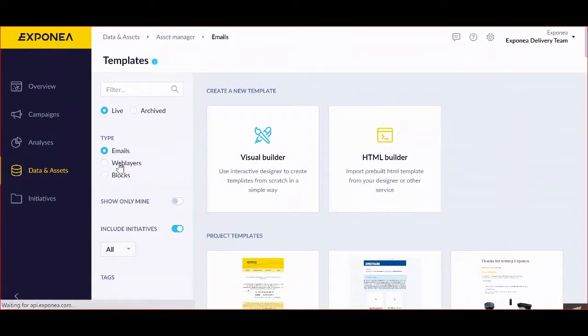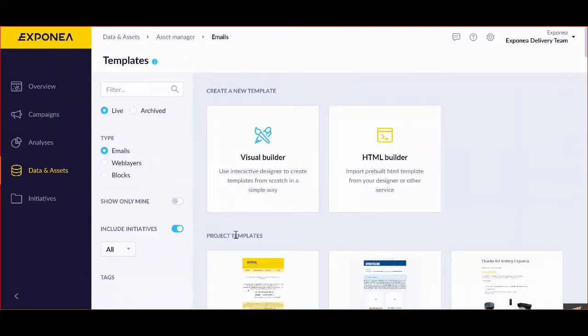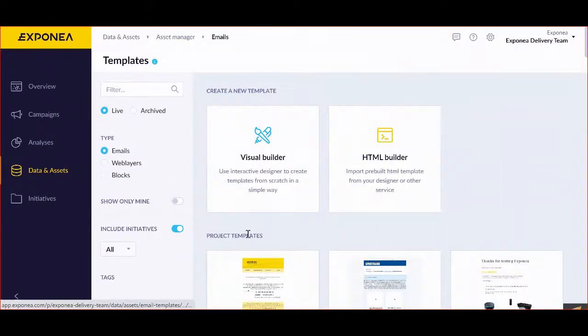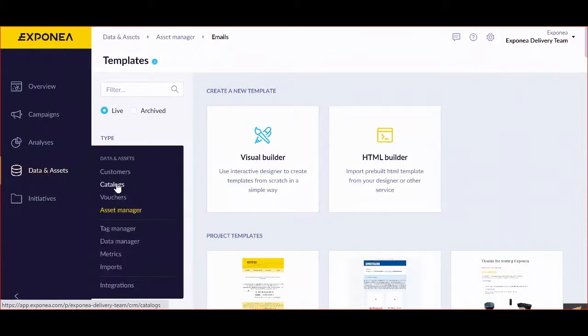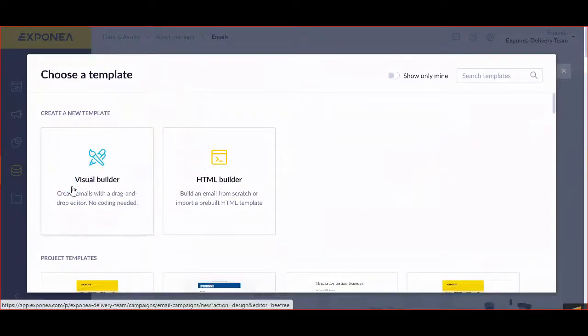Emails and web layers are quite similar in a way that every single template you have will be stored in Asset Manager. So when you create a new template, you can also do it within the Asset Manager in data analysis here. But at the same time, whenever you go to a new email campaign and you create, let's say, a visual builder,